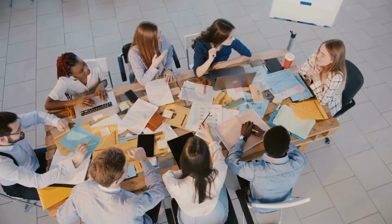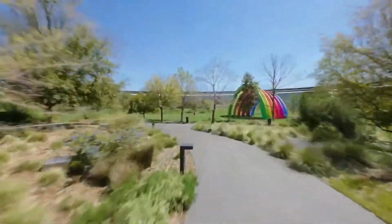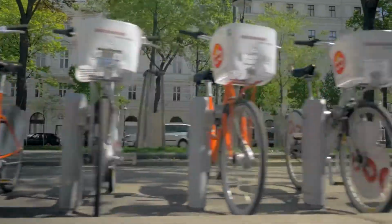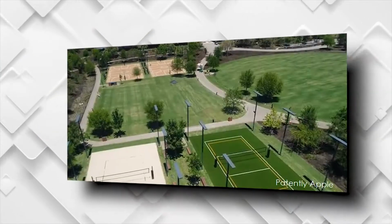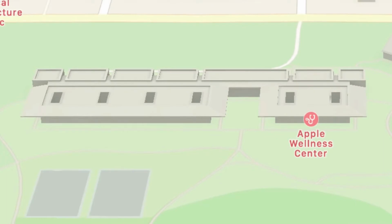Apple's 12,000 employees in Apple Park are encouraged to lead a healthy life. Apple Park features 3.2 kilometers of walking and running trails and 1,000 gray bikes for rent. A gym, a health center, and a few basketball and tennis facilities are also available. The 100,000 square foot Apple Health and Lifestyle Center includes locker rooms, showers, laundry facilities, team training rooms, and a